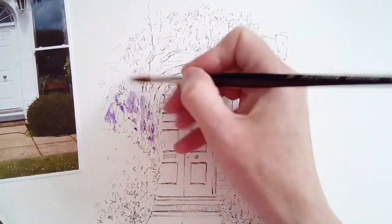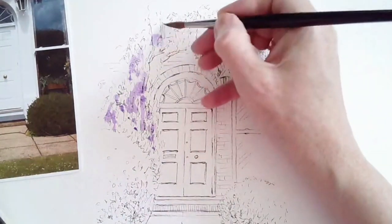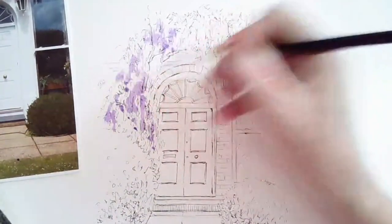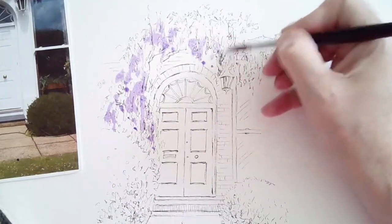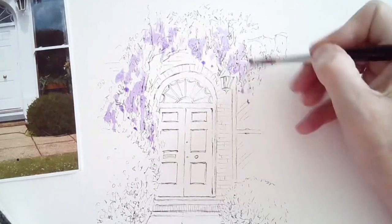and I'm just taking the colour over the ink, so I'm not actually colouring in or filling in, I'm just working directly over the top of the ink work